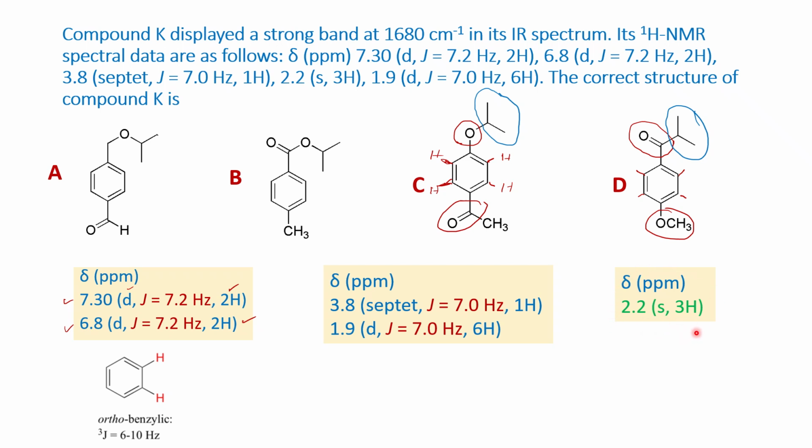In this singlet, we have to see that this particular methyl group and this methoxy group are not having neighboring protons, and so definitely both of them are CH3 groups, so it is due to three protons and they will be singlets. Now the question is about the